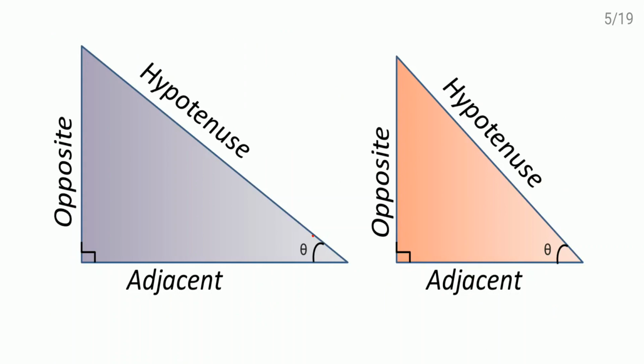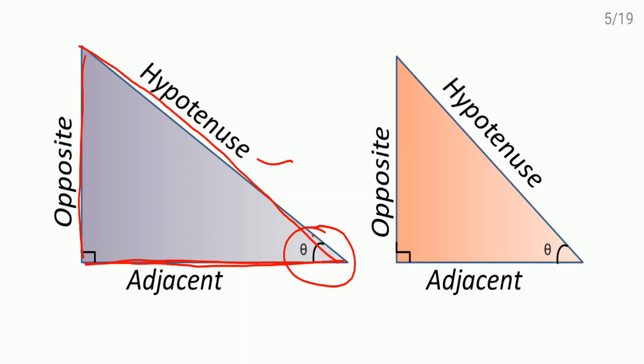Now look at this angle theta. For angle theta, this side is the opposite side, this one is the adjacent side, and this is the longest side of the triangle, therefore we name it the hypotenuse. Remember once again, for theta this is the adjacent side, this one is the opposite side, and this is the longest side of the triangle, which we name hypotenuse. Come to the second triangle here. Same here for theta, this one is the adjacent side, this is opposite, and this one is hypotenuse, which is